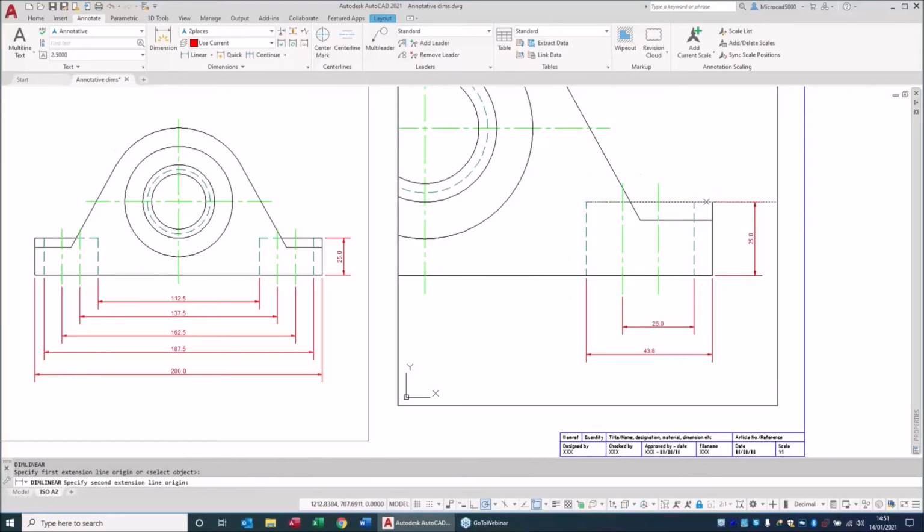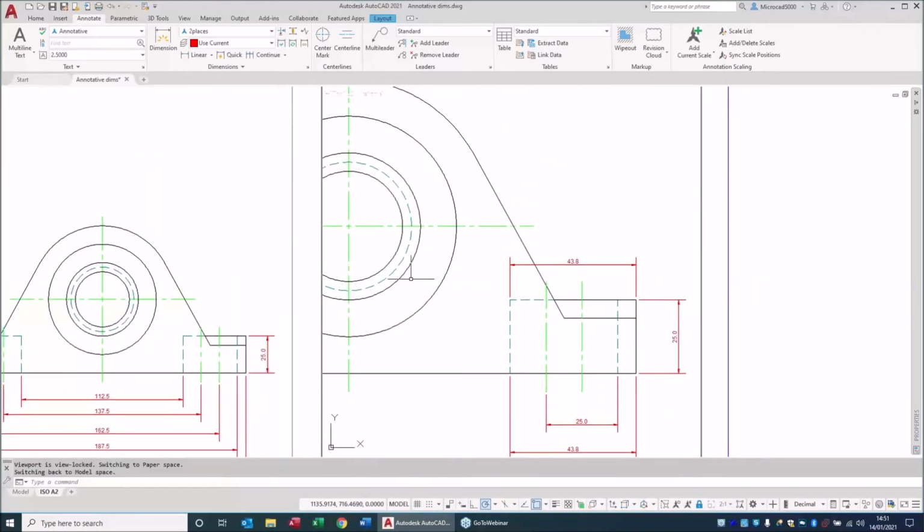So I can add in the dimensions. I'm just putting them in random here, just for speed's sake. This isn't how you dimension this object by any stretch of the imagination. I'm placing dimensions there, and they are only appearing in this viewport. But if I wanted them to appear in the other viewport, like I did before, you click